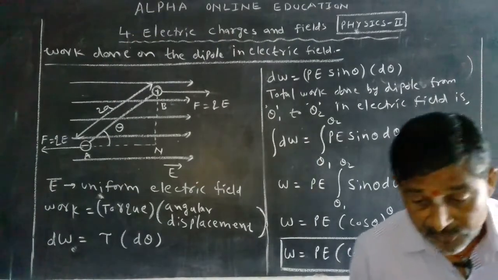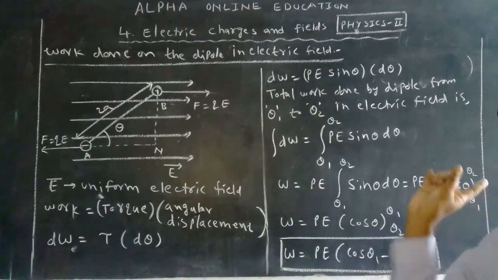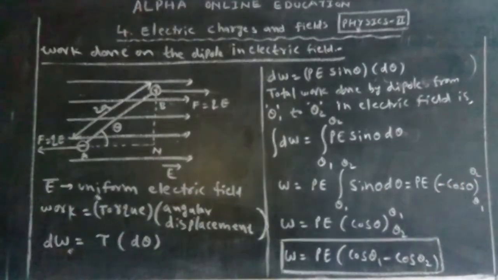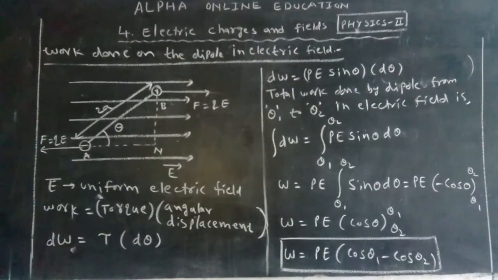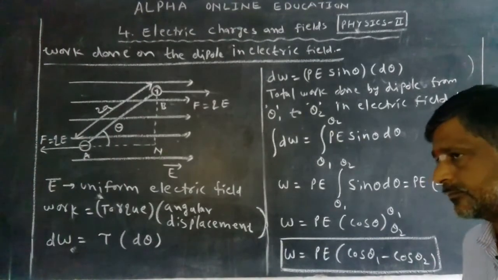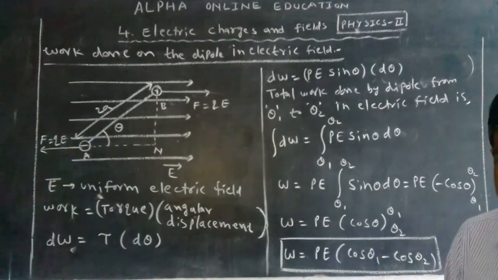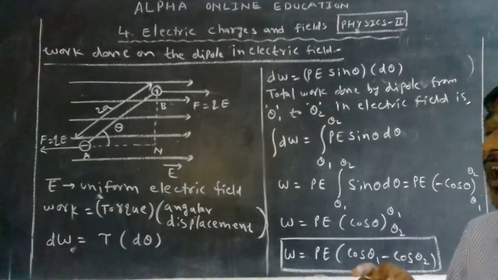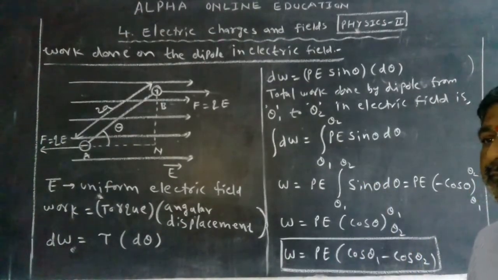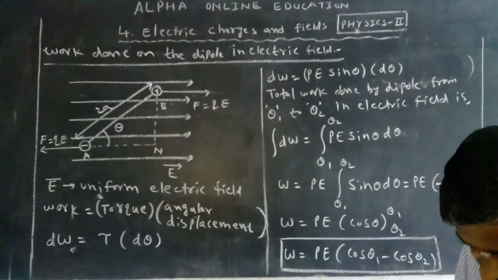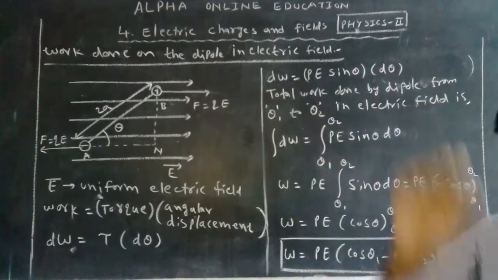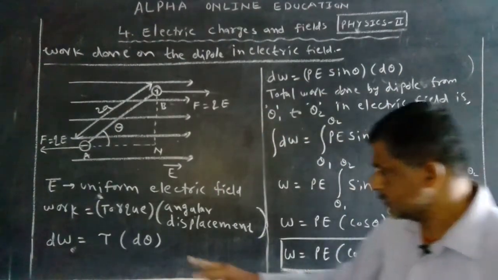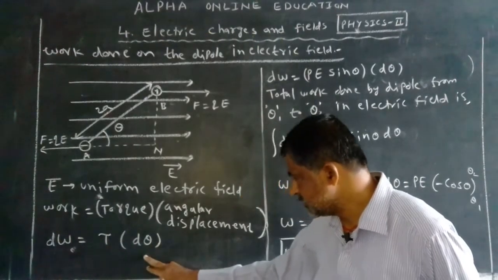What is the expression for work when the object is in rotatory motion or makes a deflection along the arc of a circle? Work is equal to torque into angular displacement. Here also work depends on angular displacement. If the angular displacement is small, work is also small. So we can write like this: angular displacement is small, that is d theta.